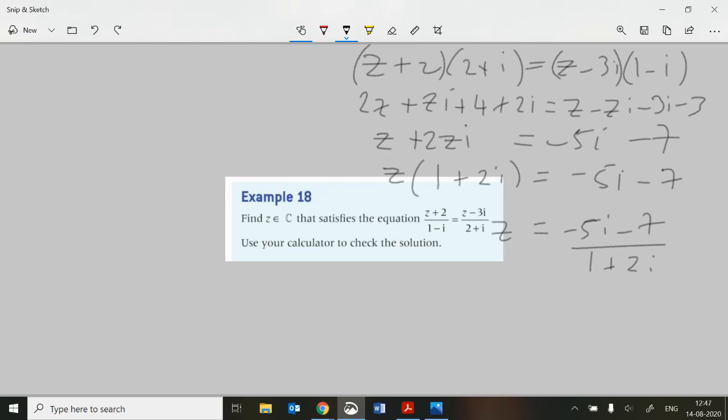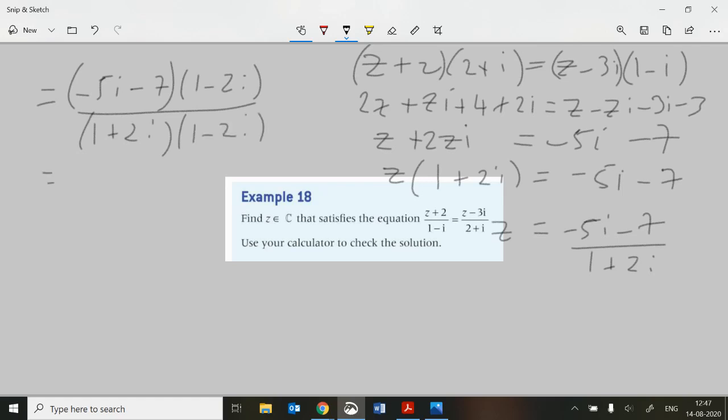Okay, so we need to take this a little bit further, and in order to do that, we're going to take it over to this side and multiply by the complex conjugate. We've got minus 5i minus 7, and then times that by 1 minus 2i. And then, of course, on the bottom, we've got 1 plus 2i. I would just make it really explicit as to what we're doing. And on the top, we're getting,